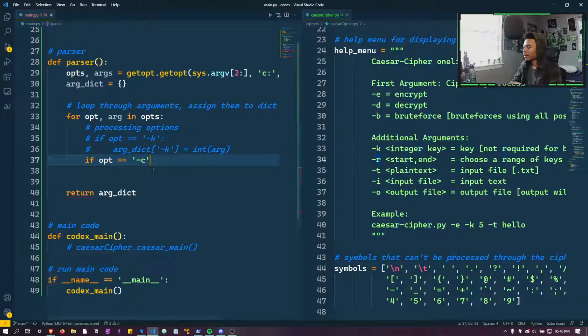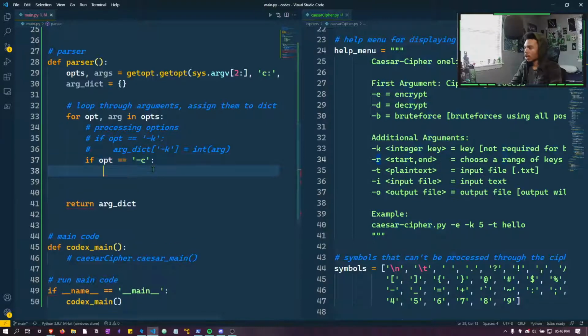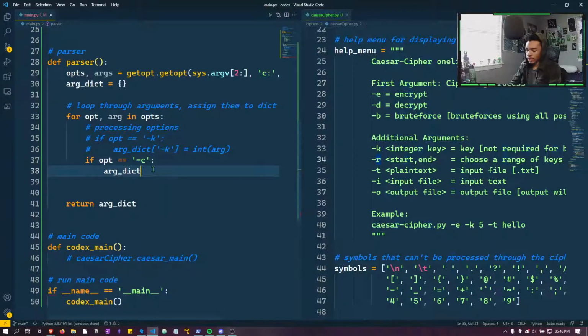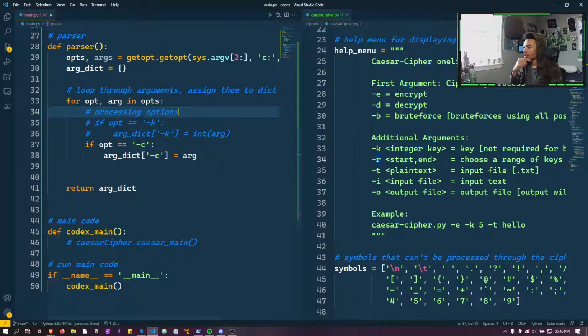If opt is equal to text C, then we can add it to the dictionary. Our dictionary, and then we're going to do a text C, and this is going to be equal to the argument. Cool. So now, when it comes to running the Caesar cipher,